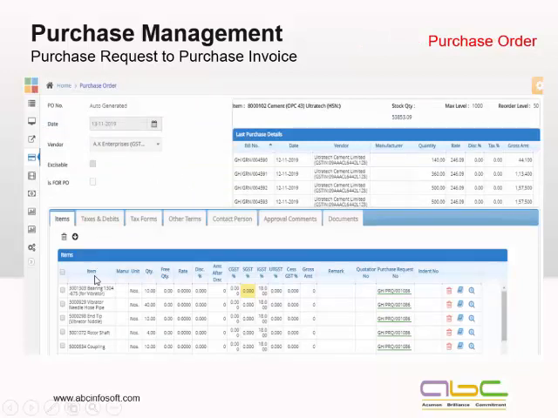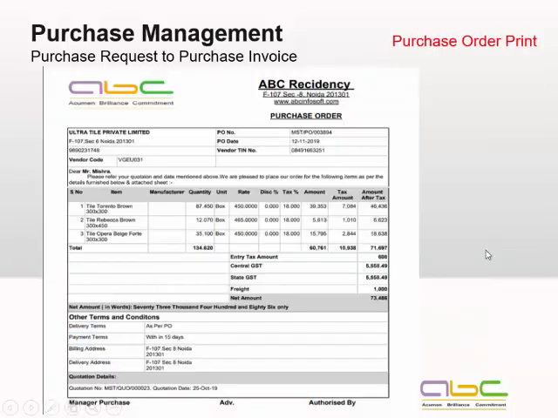Even after that, whenever we're generating a purchase order, I can see my last 10 purchases for this particular item. Here I show you bill number, date, vendor, quantity, rate, discount, gross amount, whatever. A format for the purchase order: Dear Mr. So-and-so, these are the items we are going to purchase. These are the rates, discount, taxation, tax amount, anti-tax amount, GST, CGST, SGST, freight.